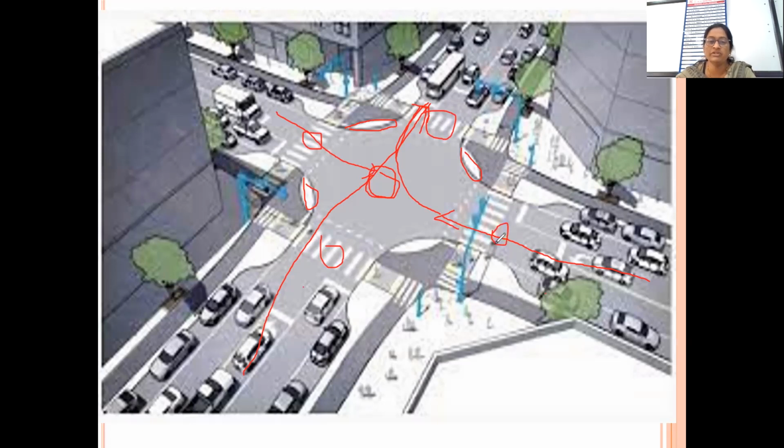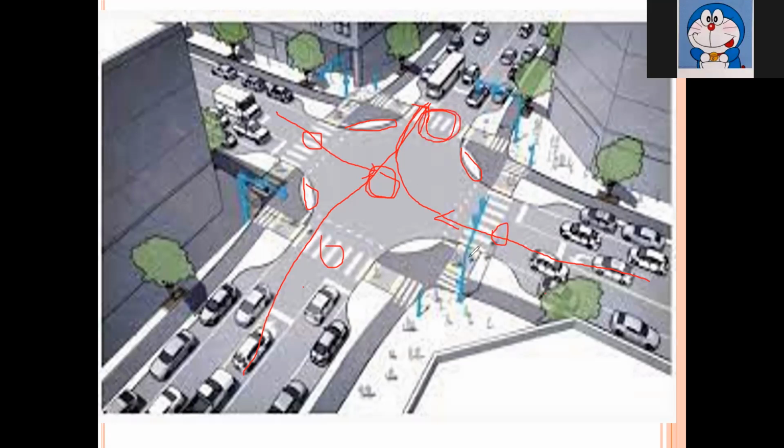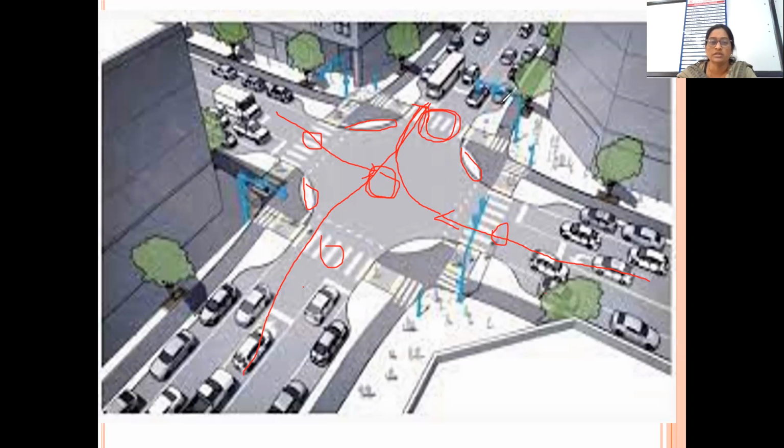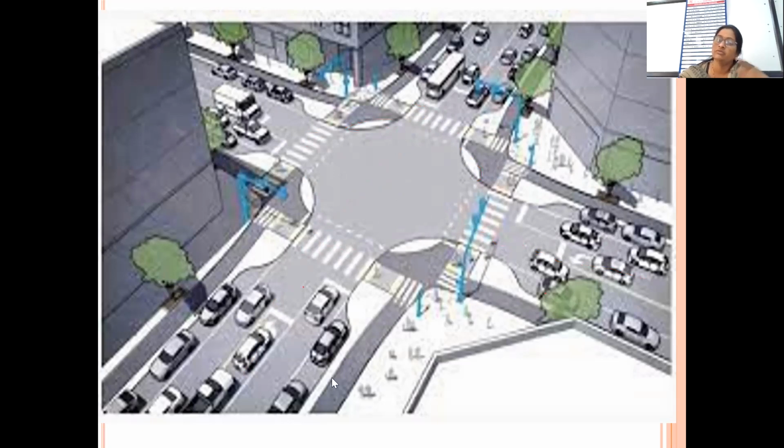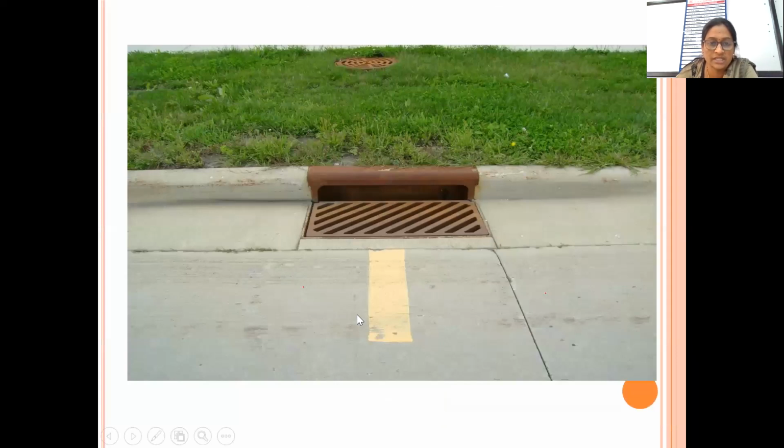Definitely. Do you agree with this? Whether we need to increase the diameter of pipe at this place? Yes, because the quantity is going to be increased over here. So we need to increase the diameter of the sewer line. Okay, so likewise, wherever there is a change in direction, change in diameter, and change in gradient, there is an urgent need to provide the manholes. Okay, then we'll proceed to the next.